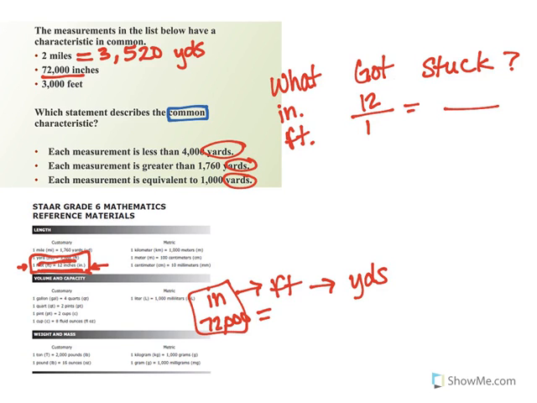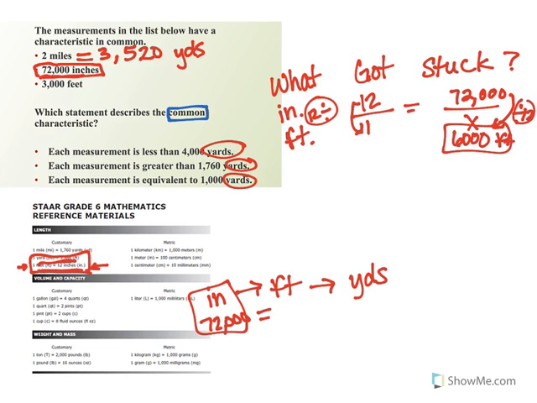Stuck, where are you stuck? Well, I don't have 12 inches. I have 72,000 inches. I need to know how many feet that is. I can go up and down or side to side. In this case, I prefer to go up and down. Always point to your variable. How do I get from 12 to 1, from a larger number to a smaller number? I'm going to divide. 12 divided by 12 is 1. What you do to one side, you must do to the other. And when I divide 72,000 by 12, let me do that on my calculator, guys. The answer is 6,000